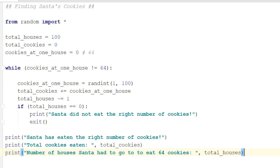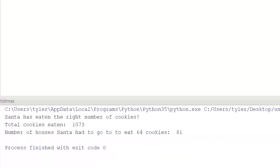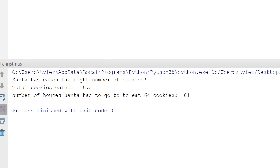We have not had any syntactical errors. In our first simulation, Santa has eaten the right number of cookies. So somewhere in there, it got 64 cookies as our random integer. The total number of cookies he ate was 1,073, you fat ass. That is too many cookies. And then the number of houses that he had to go to eat 64 cookies was 81. So he almost didn't get to it. He had to go to 81 houses in order...